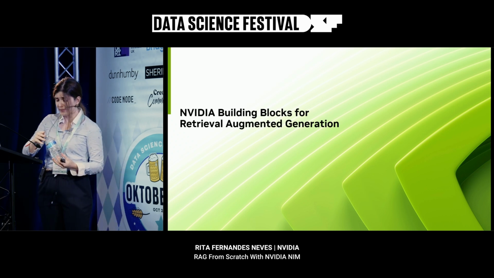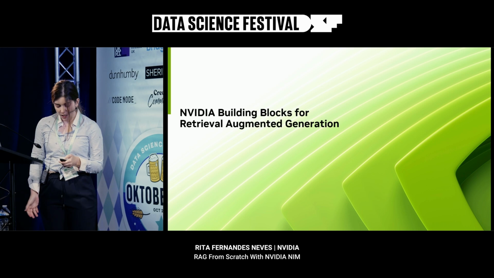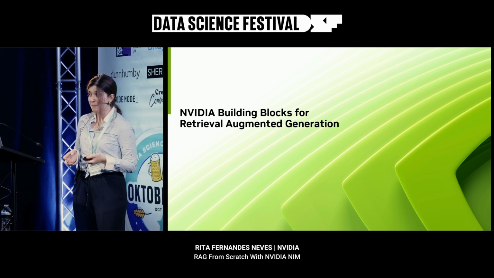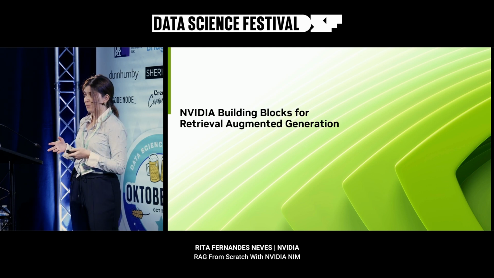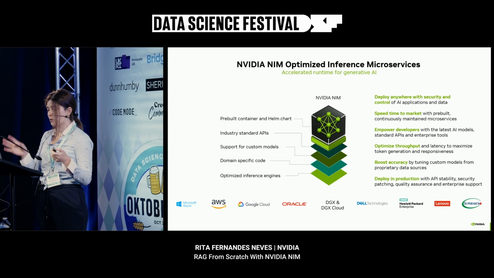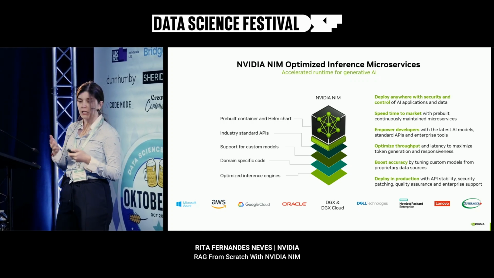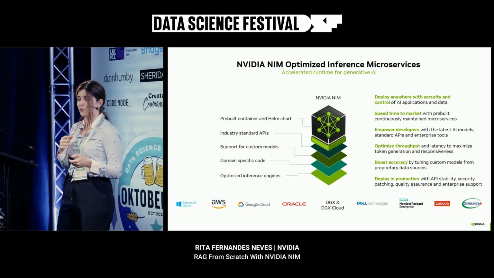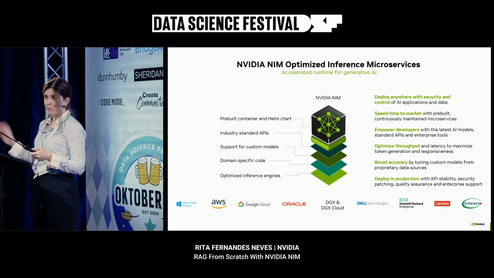Okay, now that I gave the more or less basics of RAG and what I want to discuss technically, I also want to talk about how you can build these kinds of pipelines with NVIDIA. And in particular, we're going to be talking about something called NVIDIA NIM, which maybe you've heard about, maybe not. It's something fairly recent from this year. And NIM means NVIDIA Inference Microservices.